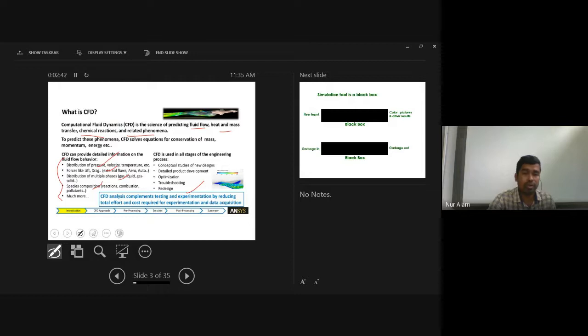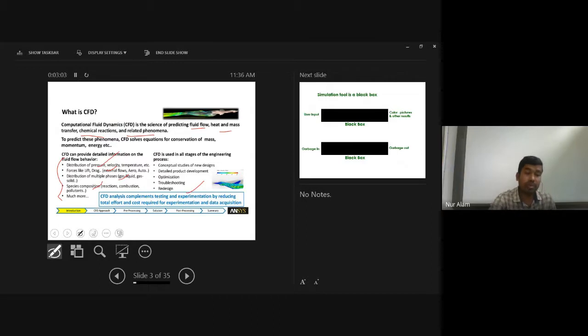But if we have a CFD solver, we can perform CFD analysis, minimize our effort, optimize our data, and then finally perform the experiment. So cost and effort are minimized.